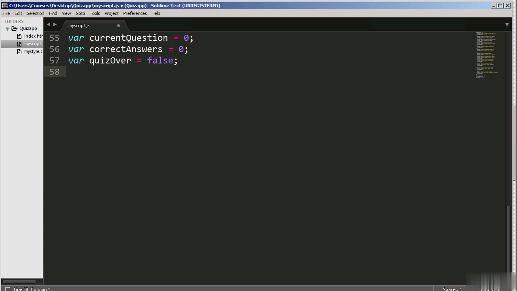Lines 55, 56, and 57 are new variables I have added. The first variable is called current question, and the value is set to 0. The correct answer value is set to 0. The variable quiz over is set to false. So all these variables are set to 0 or false. False is a Boolean value. Boolean means the result is either one or the other, so it's either true or false. So these are the values I've given the